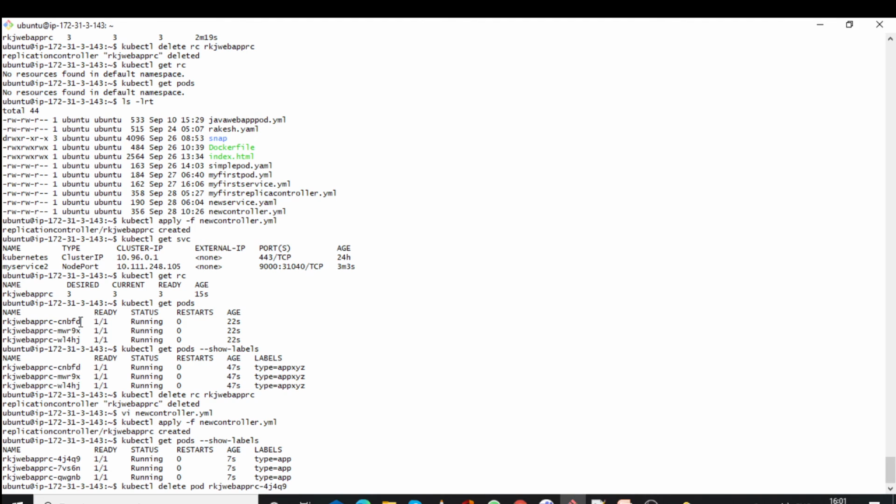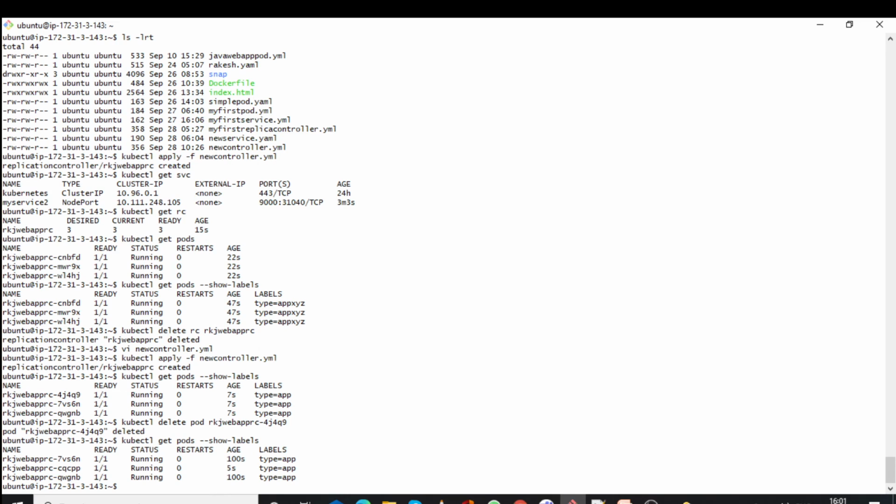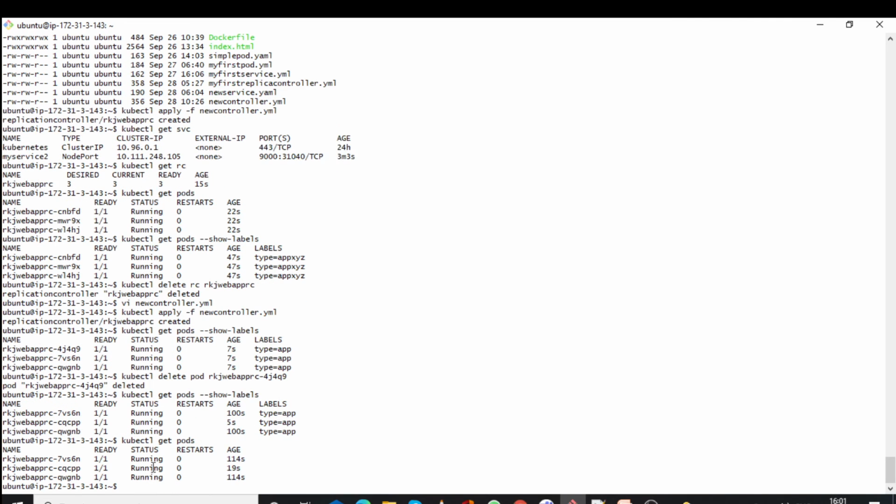Okay, deleted, and let's run the command. You can see one more pod got created. Even you can see it in this way.